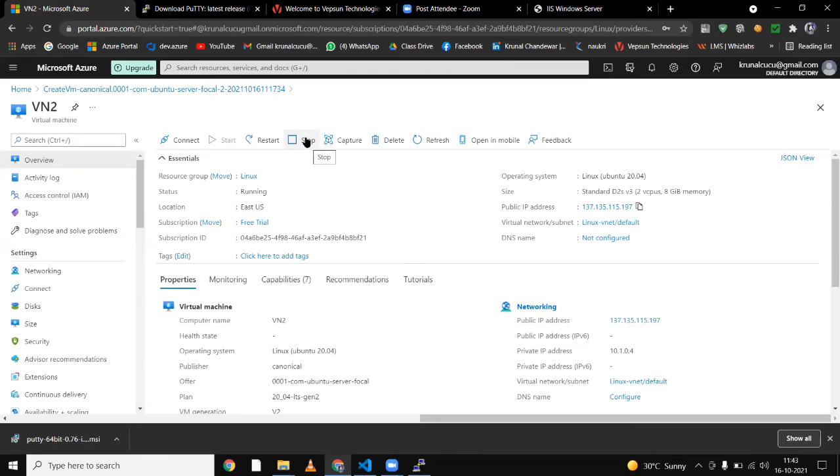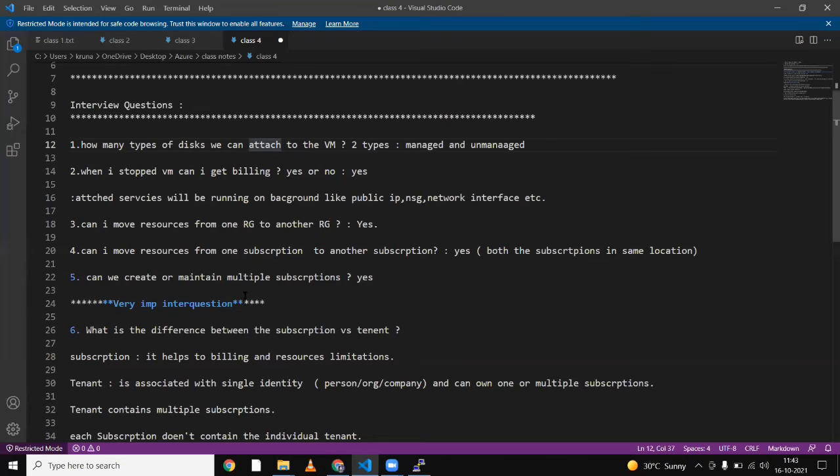Okay, if you click here and stop your virtual machine, you will still get a billing, because all these resources are created and occupied. That's why you will get a billing. You have to delete the resources when there is no use, or when you created them only for practice. Otherwise, you will get a billing. So don't forget to do that every time.